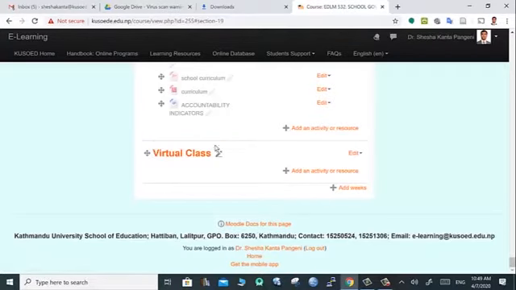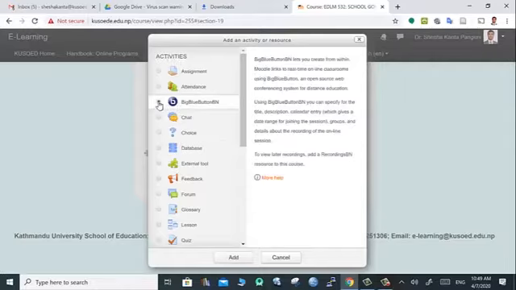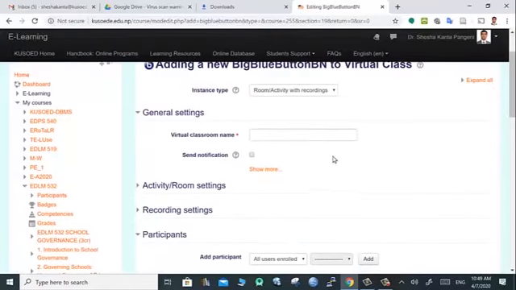Once you do that, you can actually click the plus button where we have add an activity. Once you open, you'll actually see the activities. So under activities, you will select the big blue button. The big blue button is a command in Moodle, and therefore you add. Once you click add, it will take you to the page where you're going to set up your class, and